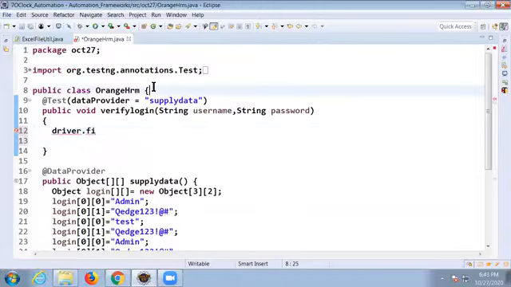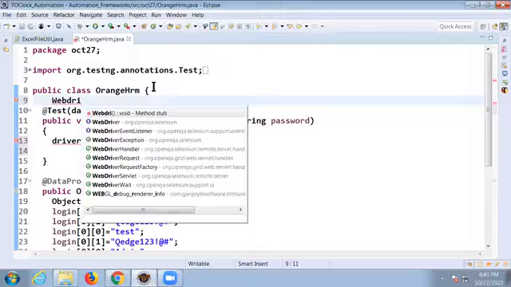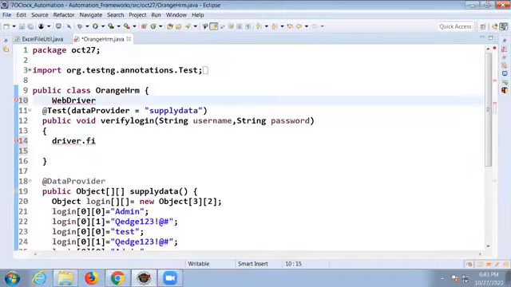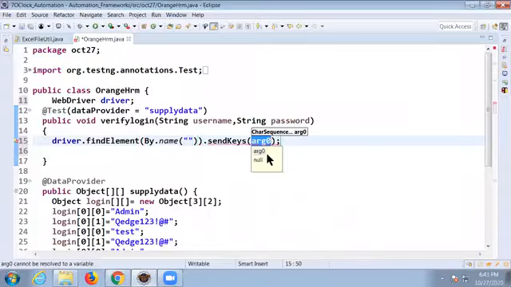First declare the WebDriver object globally. The WebDriver object is driver. Okay? Yes. Driver dot find element, with what you want to identify, By dot name locator, name value, dot send keys, and send that argument. What is that argument? Username,